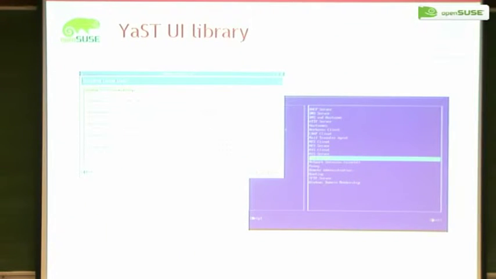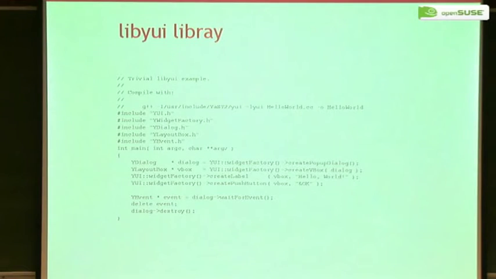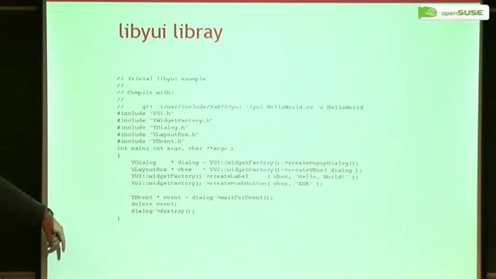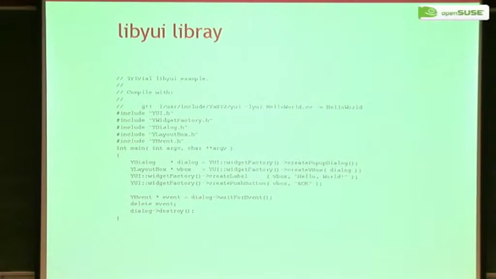This is something we also want to market a lot, and we want to write bindings for it for every language. We want to write tutorials. For example, right now the API from C++ looks something like this. This is creating a small dialog with some layout, a label, and a push button. If you run this from your X server, it will use GTK depending on your configuration, or Qt. And if you don't have X at all, it will just show up in ncurses. The UIs are loaded dynamically, so this library, libyui, only depends on the standard C++ library and pthreads and nothing else.